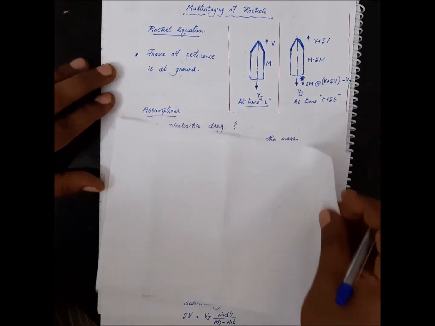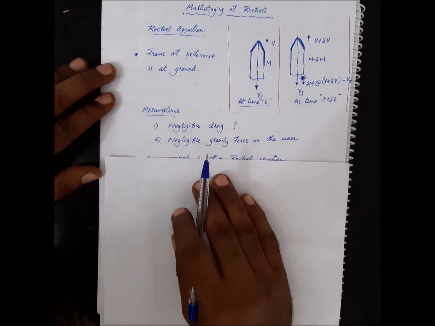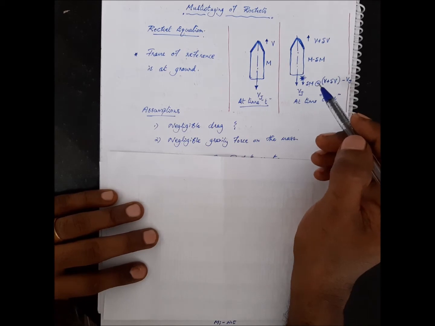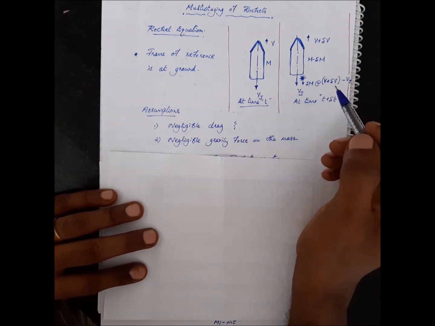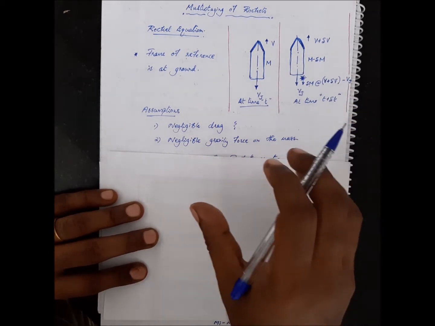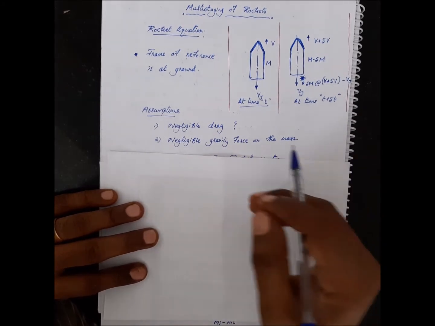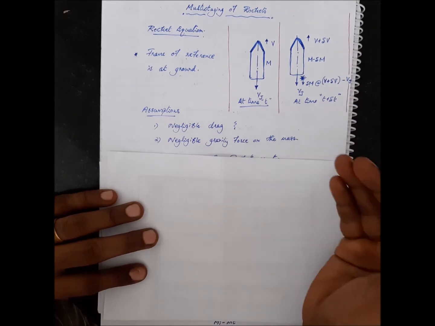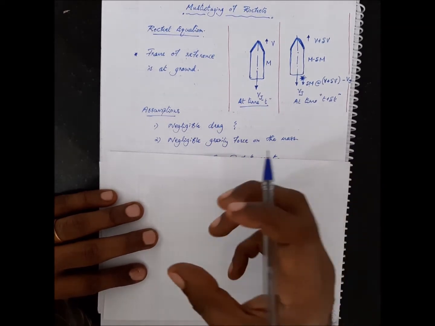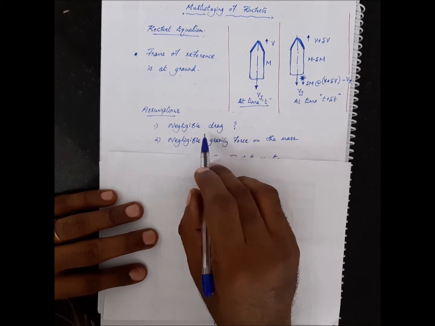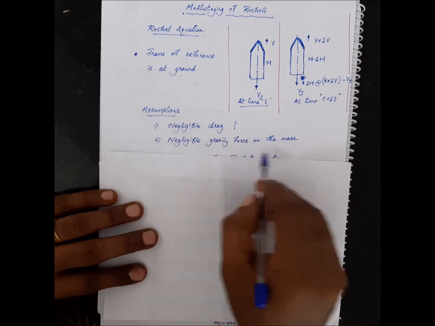So the assumptions made is you have negligible drag. Now normally you have a very large body of a rocket and it does have a drag. For the sake of simplicity, we'll just neglect the drag portion, and then we'll try to add it on. Once you get the idea, we'll discuss what effect the drag has on the rocket. So for the time being, we're just assuming that it has a negligible drag and negligible gravity force on the mass.